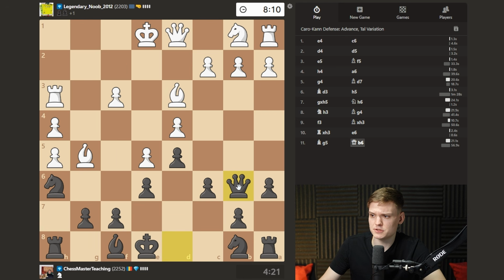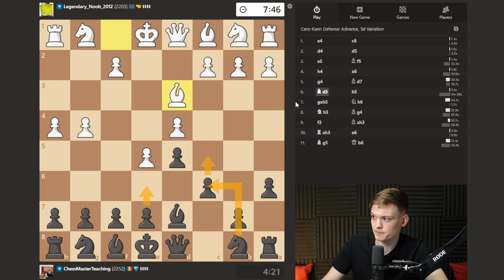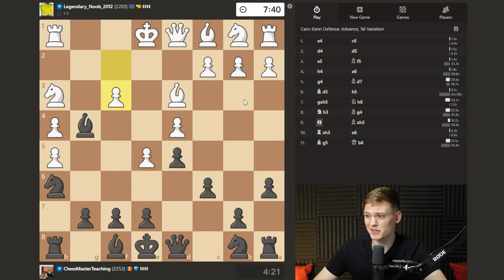Feels like queen b6 is more impactful, especially against this move, because now I do have a double threat. So look at my opponent's coordination. It feels like he's getting completely bamboozled by my opening. So, I mean, again, this is not something that I know what to do. I'm figuring it out as we go. I was basically out of book on move 6. But the point that I'm trying to make, when you sacrifice the pawn like this with h5,